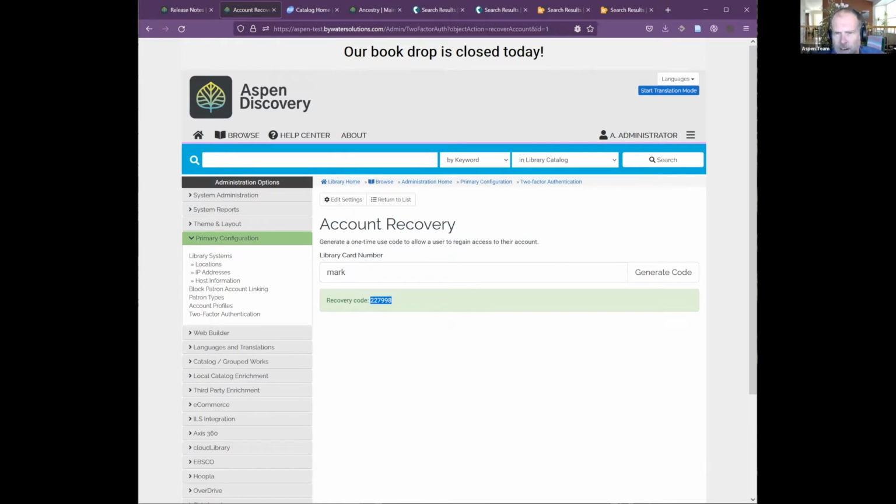That is two-factor authentication. I'll pause one second to check chat. Looks good. Moving on, we've got, oh, actually one more part of that under